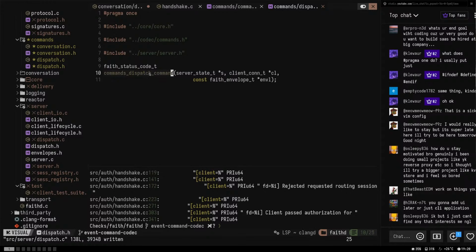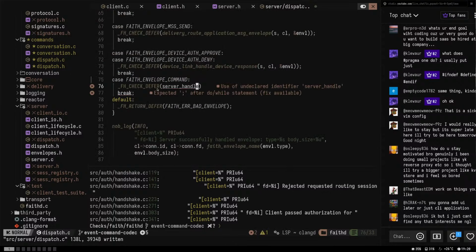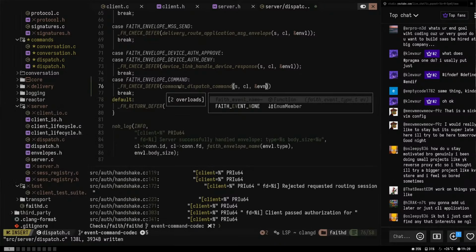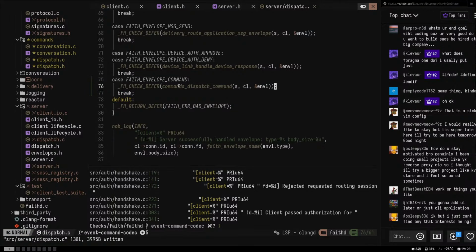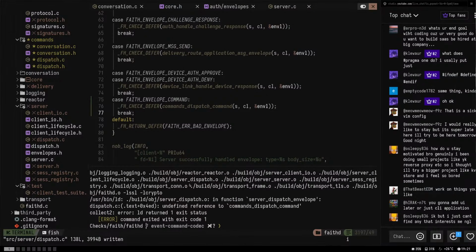Hello, command dispatch command. Okay, so dispatch commands dispatch command scl envelope. Okay, so let's try and see if it finally works. Like it did work, but